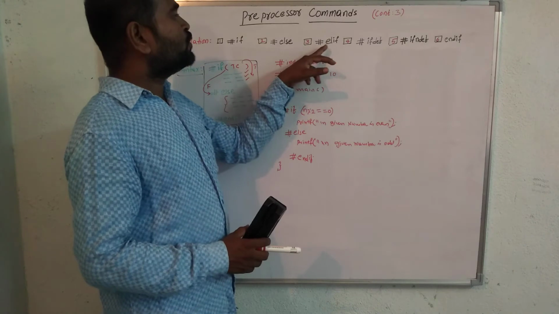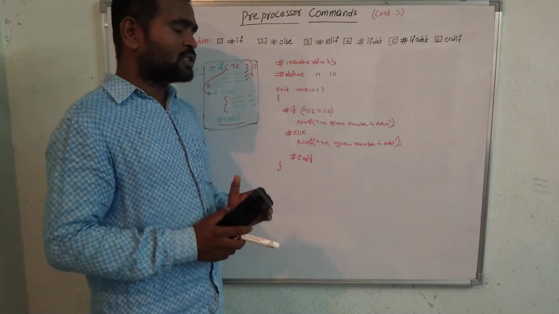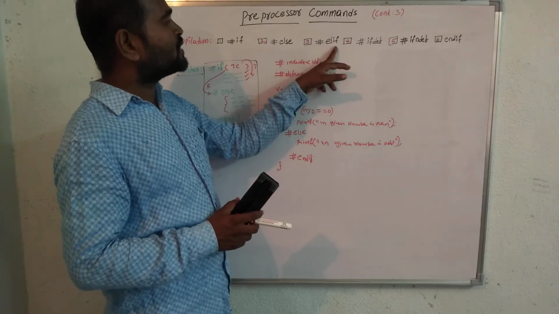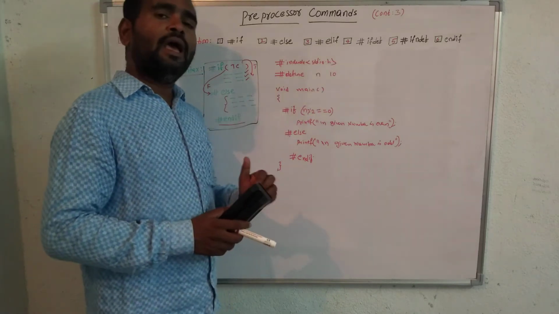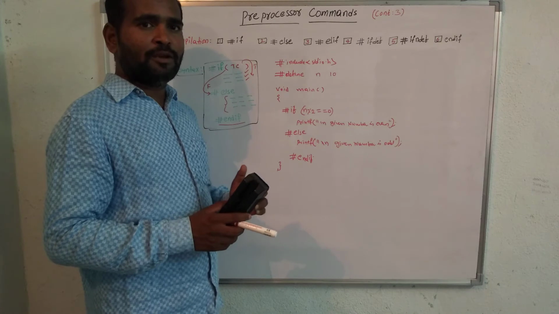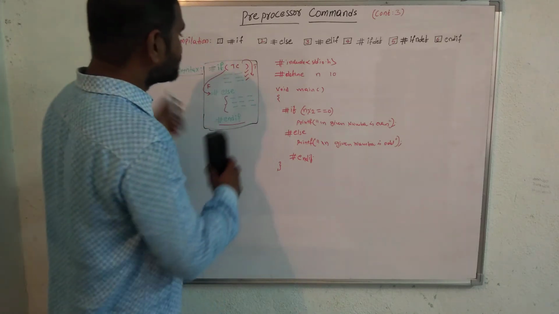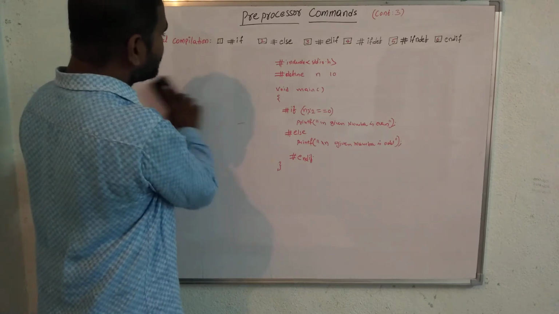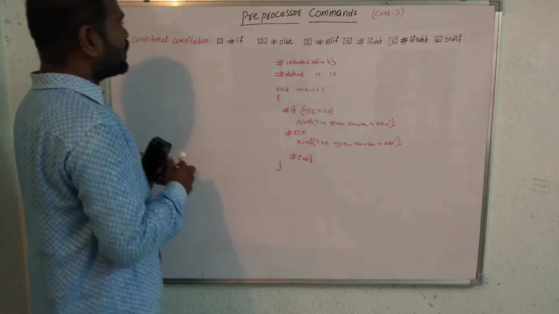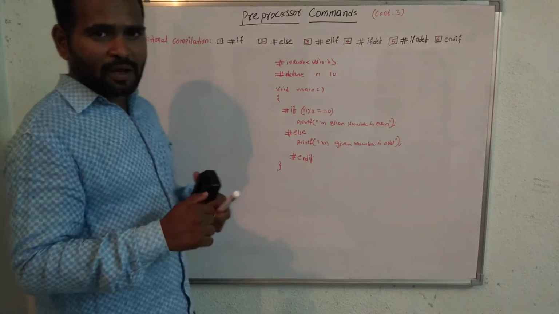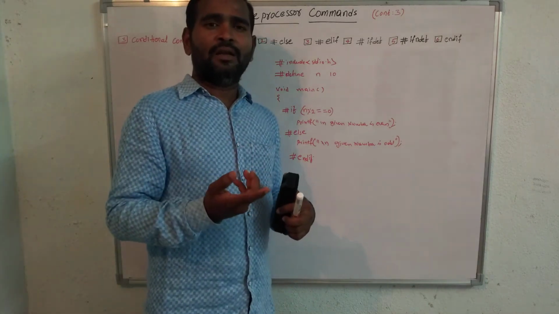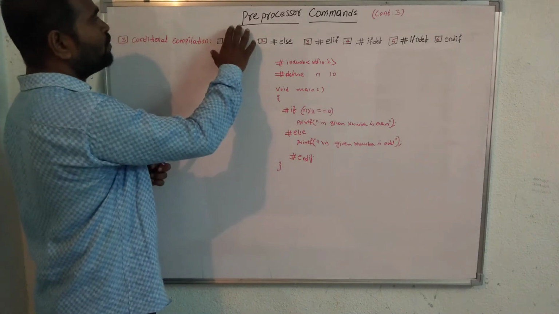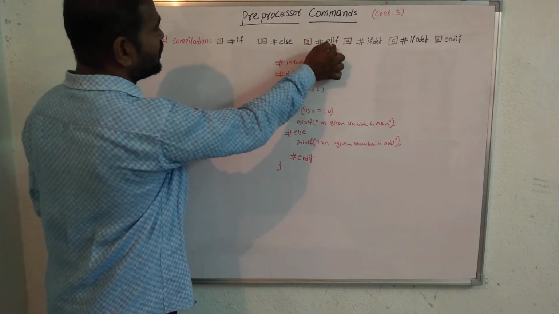Now if you have multiple conditions, at that time you use the #elif statement. #elif is very similar to the else-if statement. Please observe: I want to take two numbers, a and b, where a is bigger than b, or b is bigger than a, or both are equal. I will explain that kind of program by using the #elif statement.